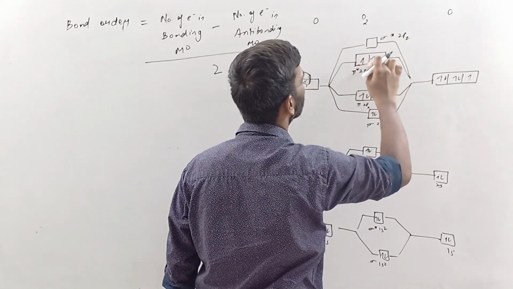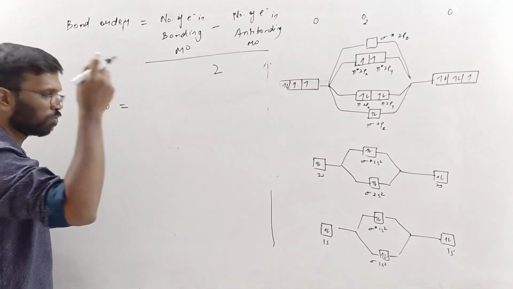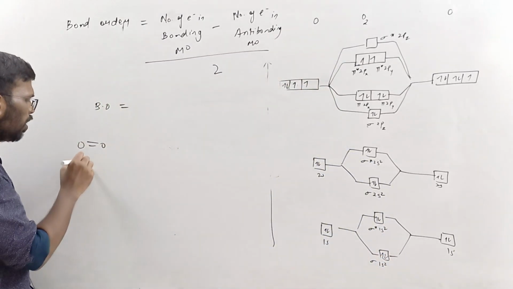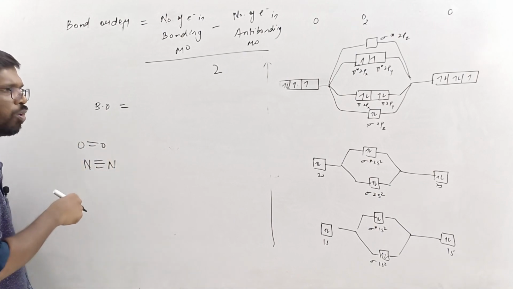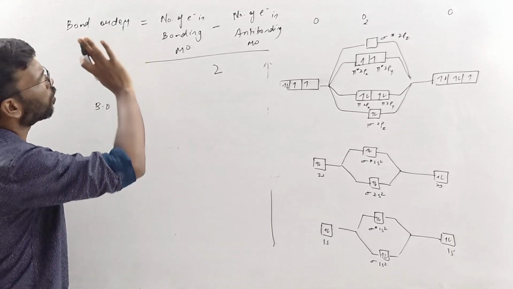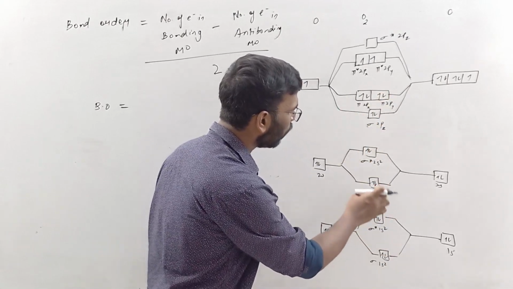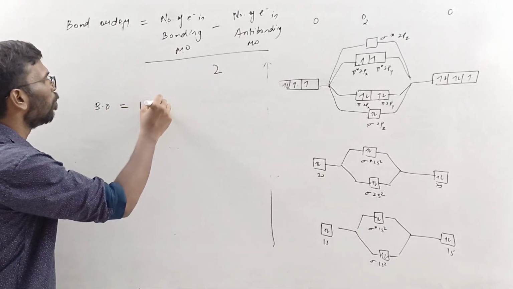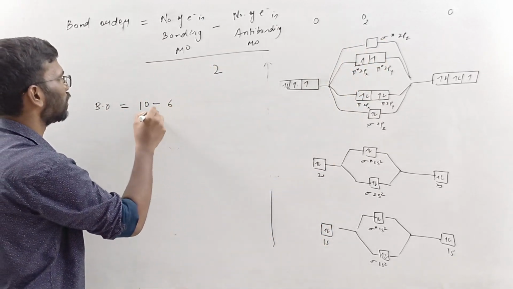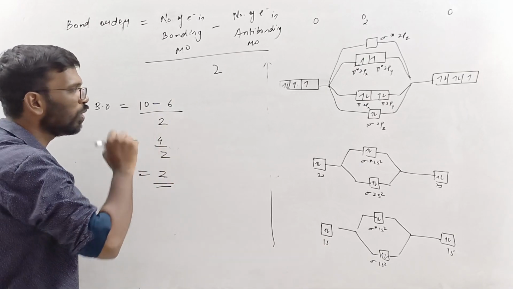We'll start with this. Oxygen was this, right? What will be the bond order? Bond order for oxygen, what according to you should be the bond order? Bond order should be 2. That is, we know that oxygen forms the double bond. Nitrogen forms the triple bond, then bond order will be 3. So, how to get the bond order? Number of electrons in the bonding: these 2 electrons and these 6 electrons. How much is it? 2 and 2, 4, and 6, 10 electrons, right? Number of electrons in the anti-bonding: 2, 2, 4, and this 2, so it is 6. So 10 minus 6, 4 divided by 2, that is equal to 2. 2 is the bond order.